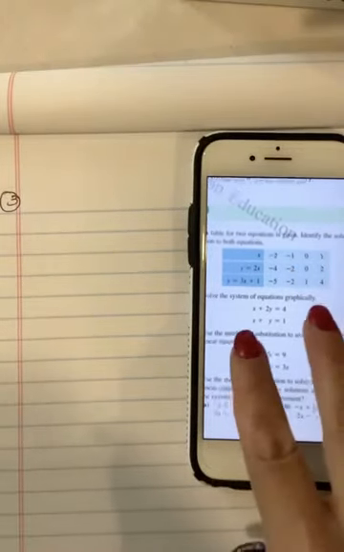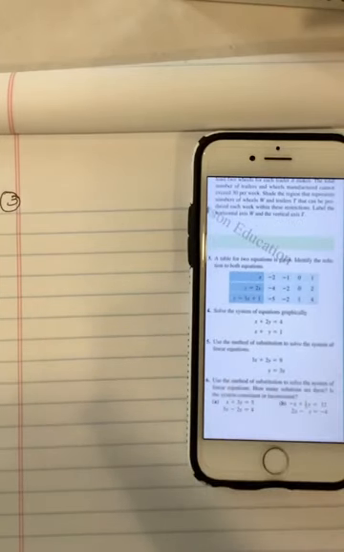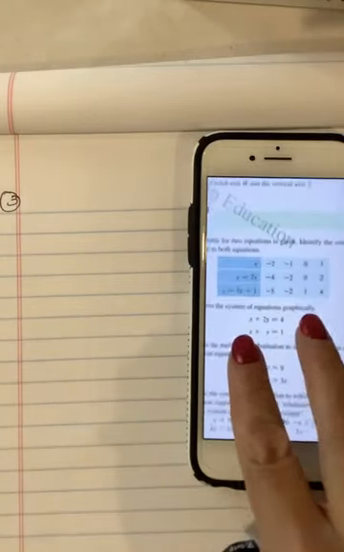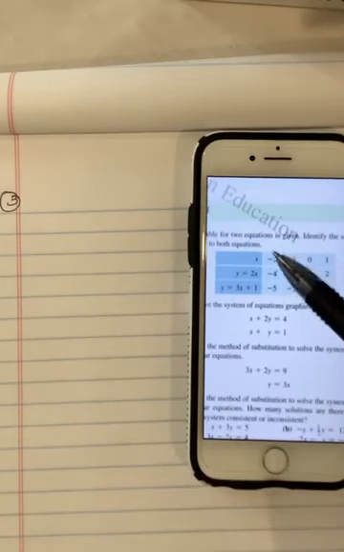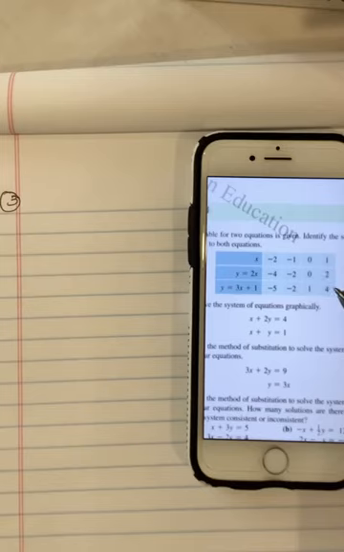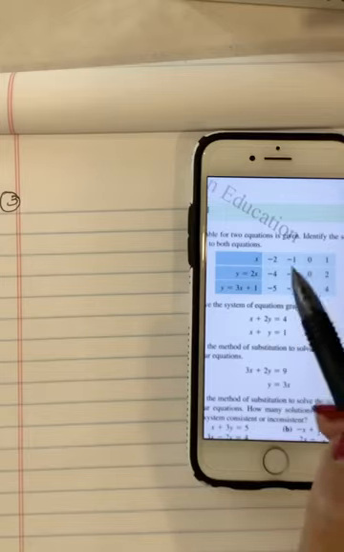What are they asking us to do? Let's read the problem. The table of two equations is given. Identify the solution to both the equations. So basically what they have given you are these two equations, and for different values of x, they have given you these values. So there are two ways you can do it. You can graph it and see